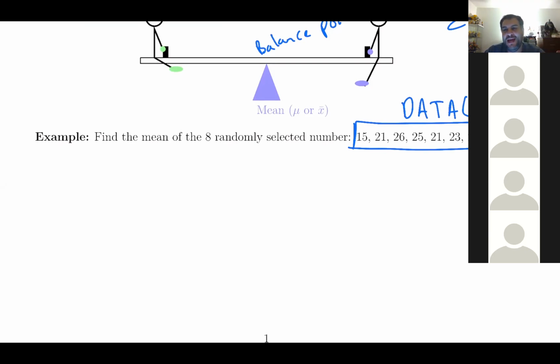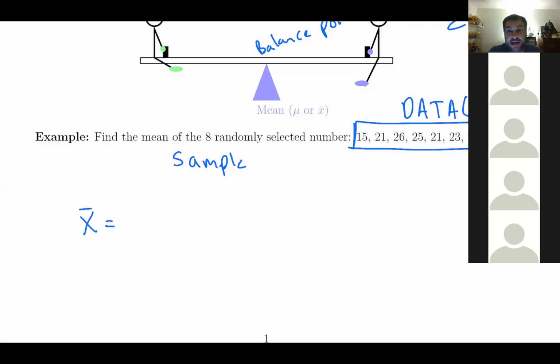Because think about it, if I have the entire population, why do I have to do a random selection? You only do a random selection if you're collecting a sample. Because if I have the entire population, I would say these are all of the numbers in the set. But since I say I randomly selected the numbers, that's telling you that this is a sample. So anytime you see that we did a random selection, that's my hint to you that this is a sample. So we should say sample. So that means we're going to be finding X bar.